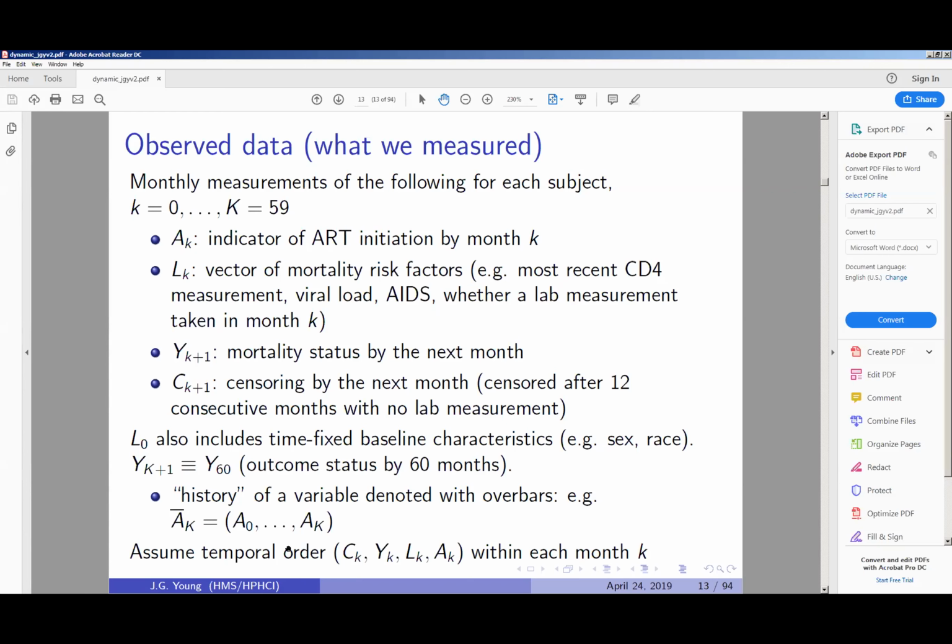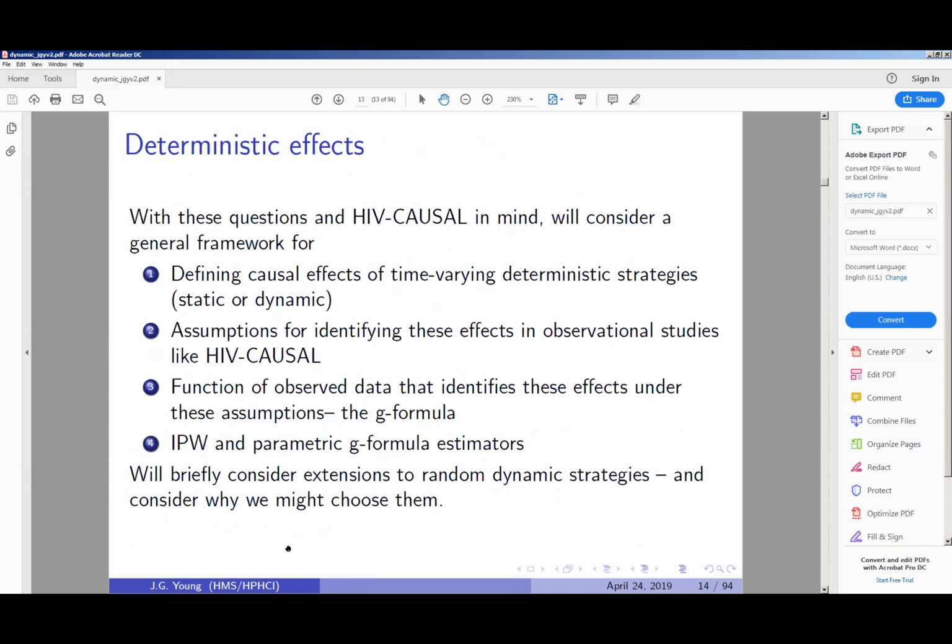And so when you make these intervals very, very tiny, say a day long or even a week long in this example, the temporal order is not going to make any difference on results. In a month long, it probably won't either. I think we actually have looked at this and, at least in practice, it did not make a big difference. But if you made the interval, say, a year long, it could make a very big difference how you assume this temporal order. So it's not that any particular temporal order is right or wrong. It's just ideally you don't make these intervals very, very long.